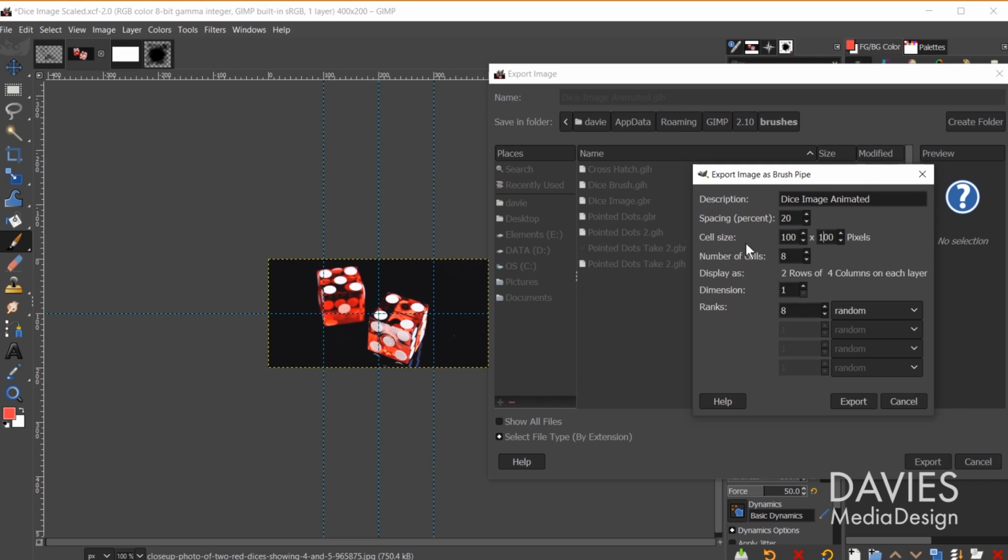So now when I come over here under number of cells, it now says 8. And display as is showing 2 rows of 4 columns on each layer. So we only have 1 layer, but this layer is going to have 2 rows, 4 columns, as is divided by the guides here. And because this is a single dimension brush, again, I'm not going to get into multi-dimensions. There's only 1 rank, and it's showing us that there are 8 cells total. So we could change how those cells behave based on the way we paint or based on the selection mode here. And once again, I'm just going to go with incremental, which means it's going to cycle through 1 through